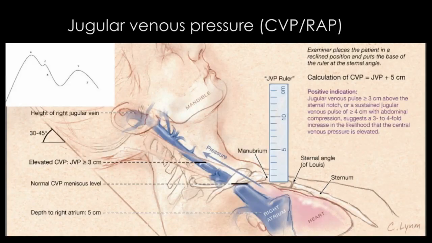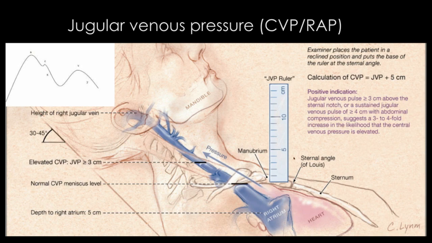Now, the other important clinical importance of the internal jugular vein is with the jugular venous pressure. The jugular venous pressure is an indirect measurement of the central venous pressure or the right atrial pressure. So, the patient is asked to lie down at an angle of 45 degrees. The neck and the head are elevated by an angle of 45 degrees to see the pressure wave pattern in the internal jugular vein, as well as this is an indirect way of measuring the central venous